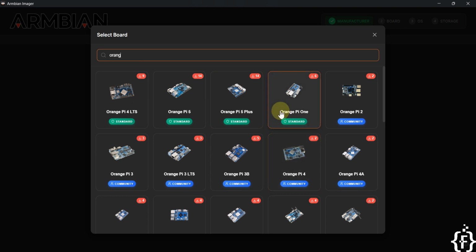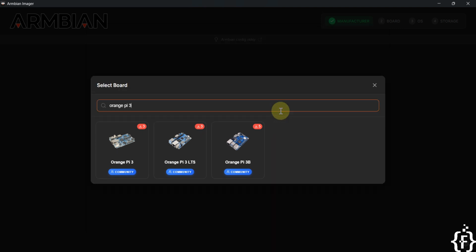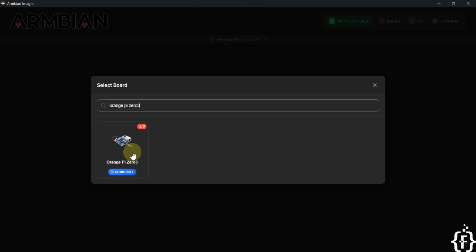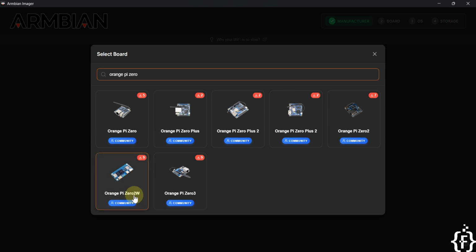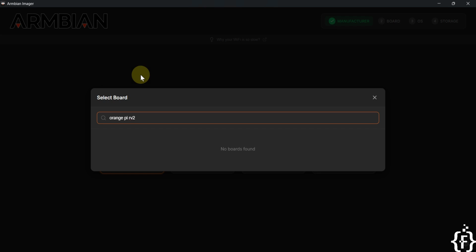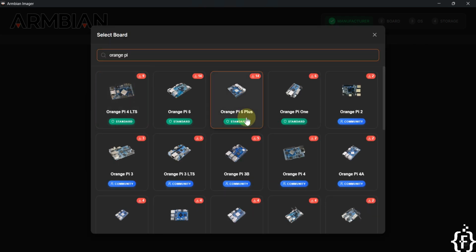I have Orange Pi 03. Yeah, I have this Orange Pi 03. I also have the Orange Pi 02W as well as the Orange Pi 4A. For the 4A also the Armbian operating system is available. For the 02W also the Armbian operating system is available. Then let's check for RV2. So RV2 is not available. For most of the single board computers from any manufacturer, the Armbian operating system is available in this